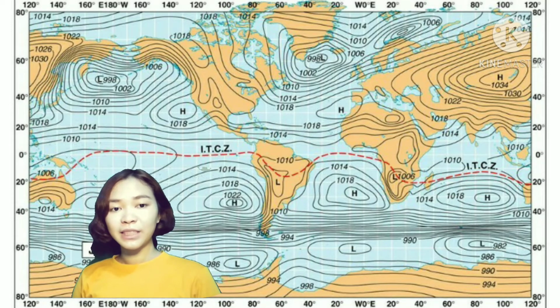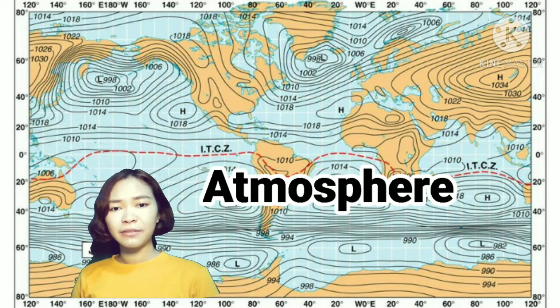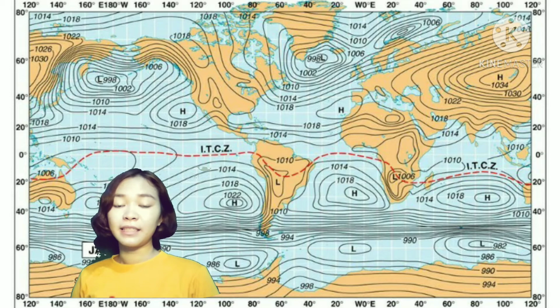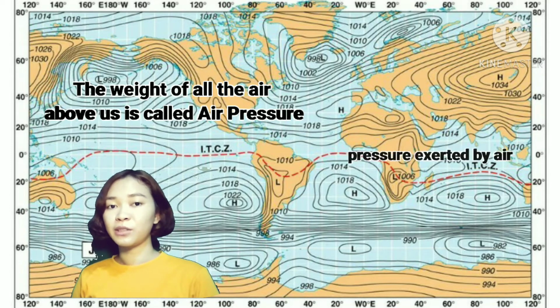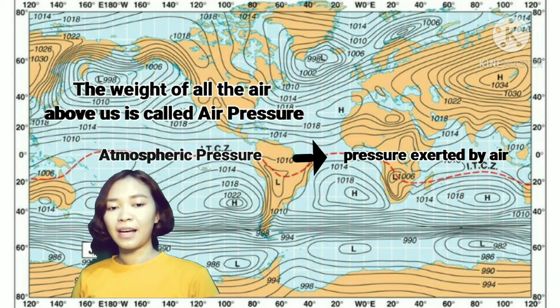The Earth is surrounded by an envelope of air. That is what we call the atmosphere. We live at the bottom of the atmosphere, and the weight of all the air above us is called atmospheric pressure. The air in the atmosphere exerts pressure on the Earth, and that pressure exerted by air is known as